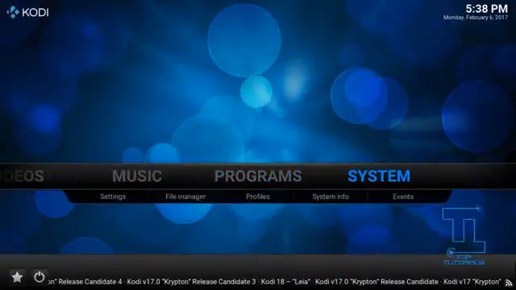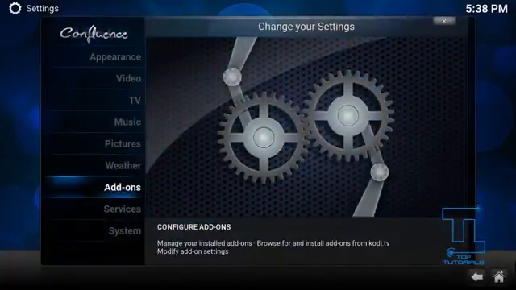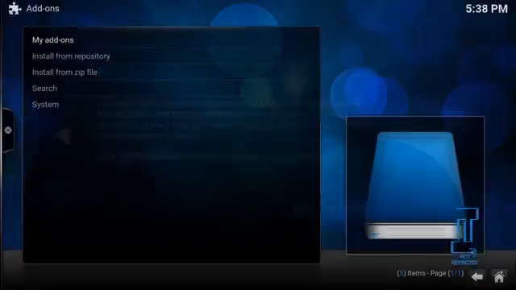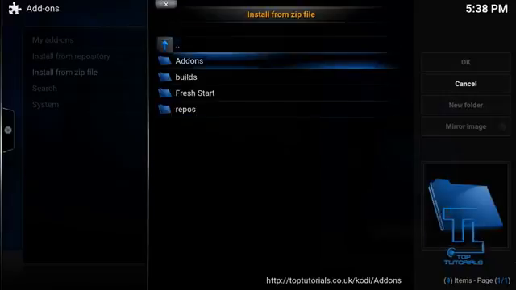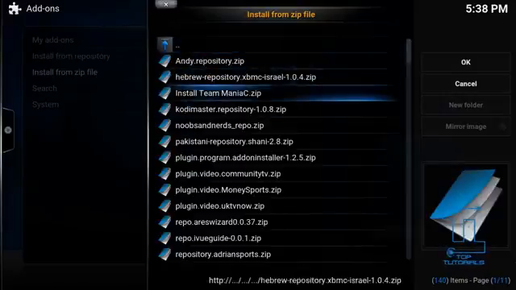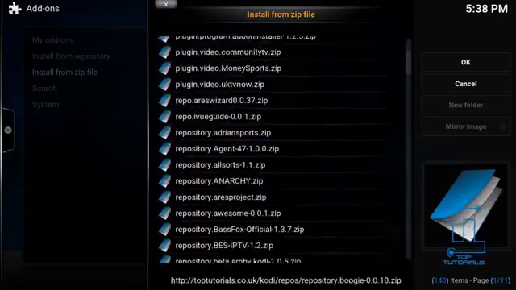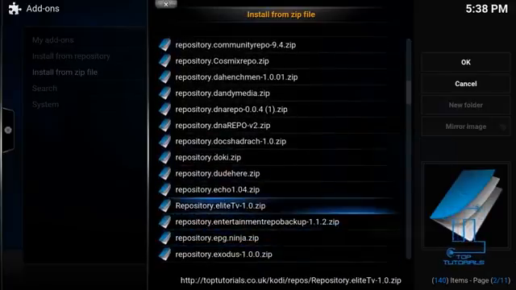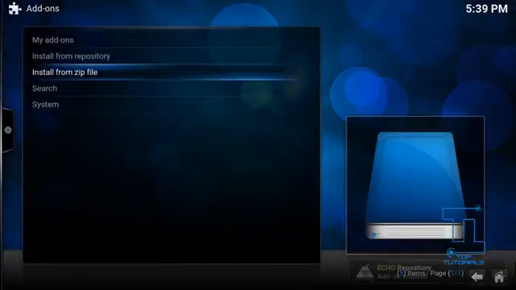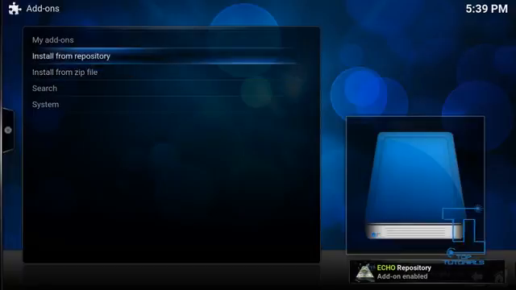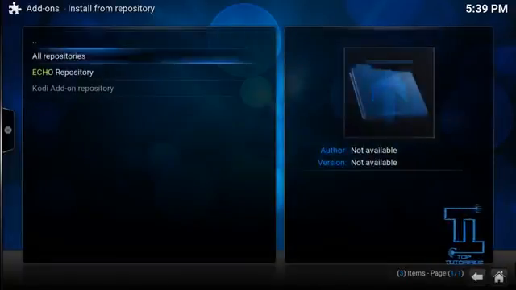We then need to go into System, go down to Add-ons, go to Install from zip file, go to the Top Tutorials Repo, scroll down to Repos, and in here we're looking for repository.echo. So if you scroll through the list, repository.echo 1.04.zip, that number may change if you're watching this video at a later date, but press on that, you'll get a message in the bottom right to say Echo repository has been enabled, and as soon as you see that, you can go up one to install from repository,